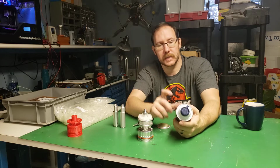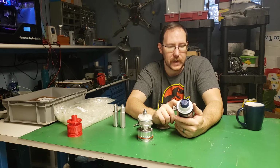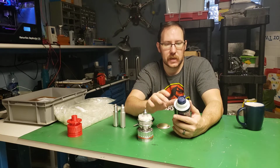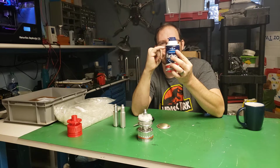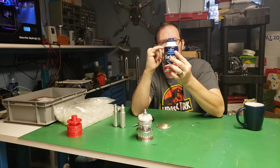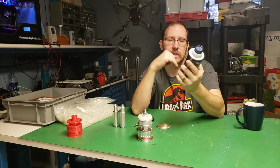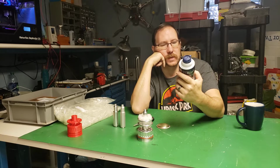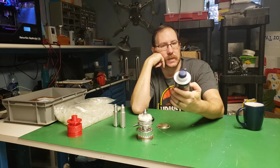The Barbasol can, this is not the exact right Barbasol can. This is just an old Barbasol can I had. There's a ton of detail out there already about what the exact accurate one is, and there's an issue right here that this is the giveaway for whether it's an accurate can or not. Also, the ounces on the Barbasol can. I believe the accurate one is supposed to be 11 ounces, not 10 ounces, but